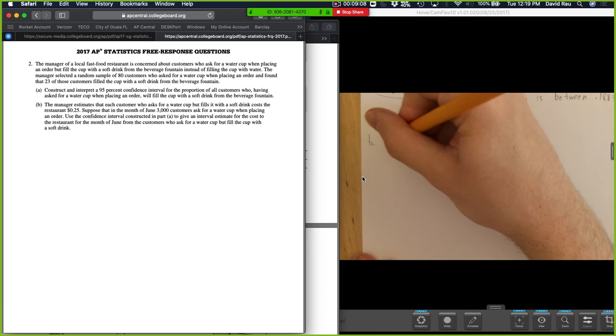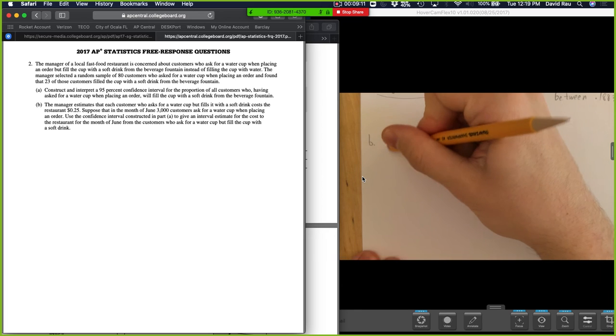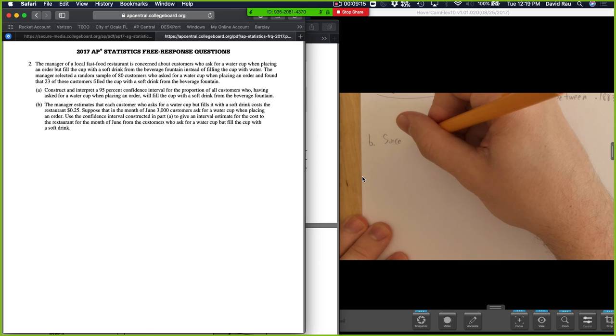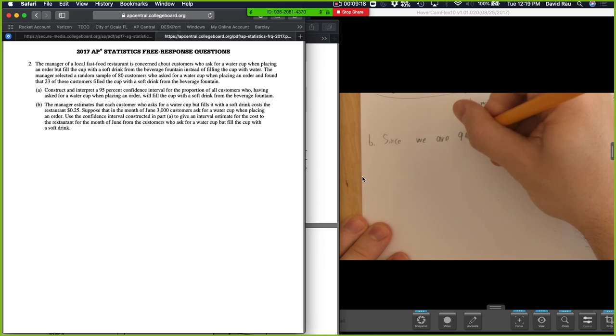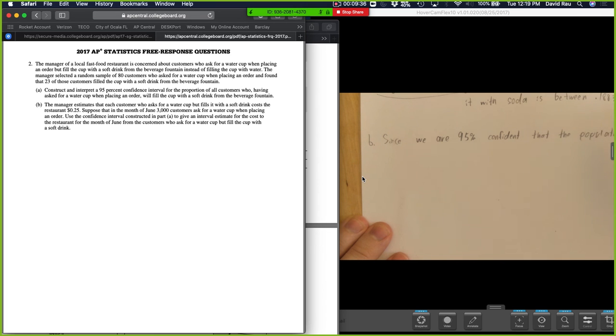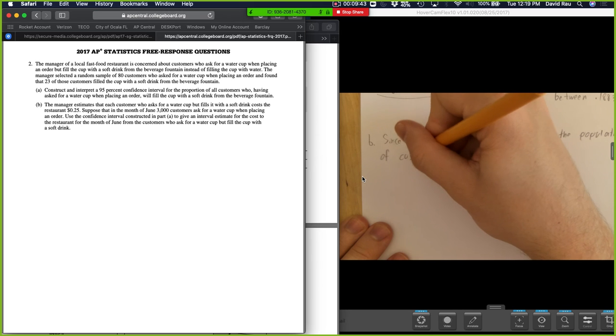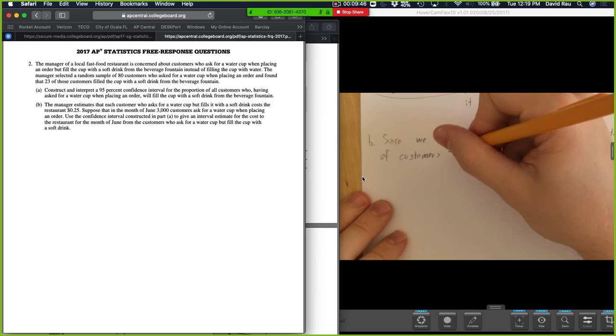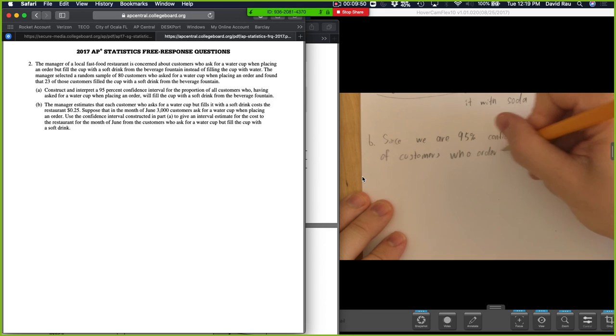So since we are 95% confident that the population, I guess I'll spell it out, population proportion of customers who order water cups but fill them with soda